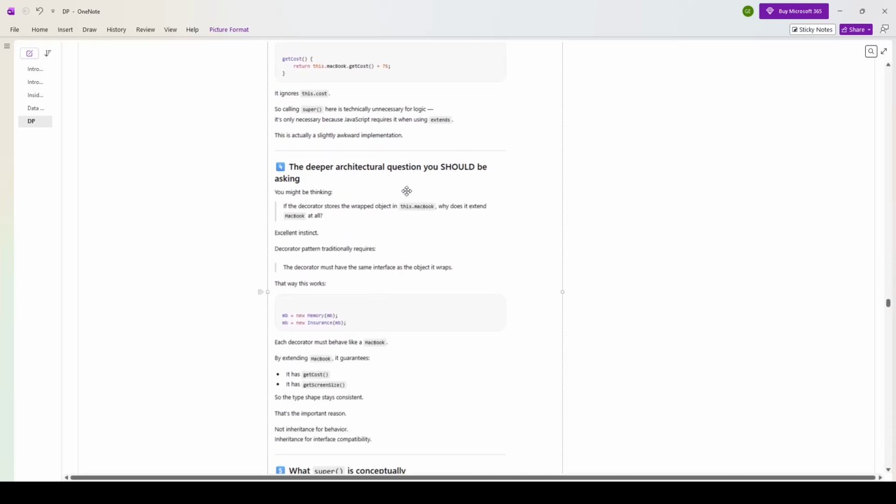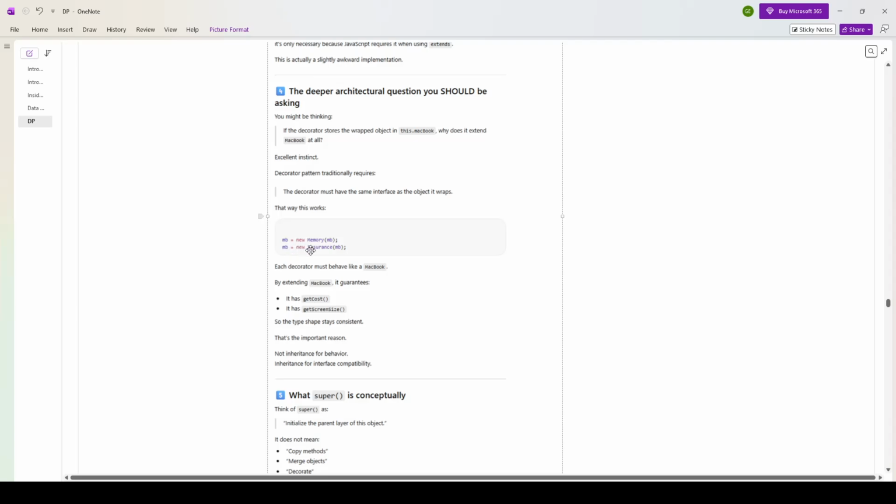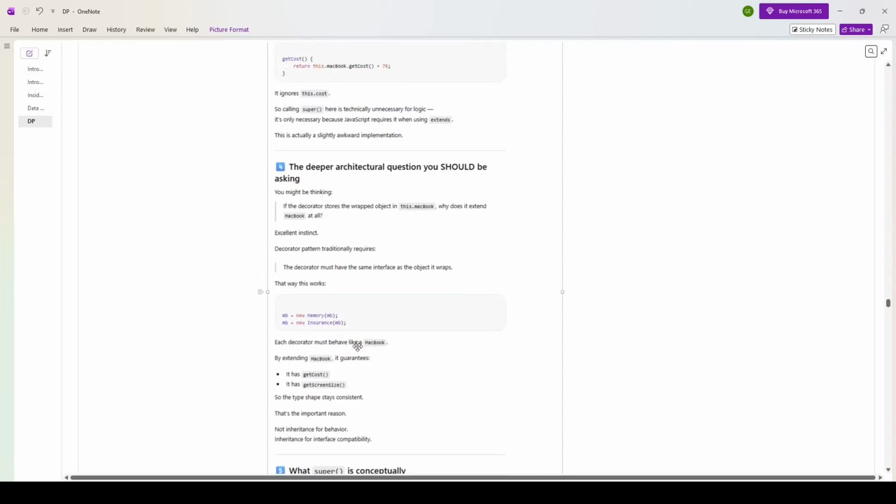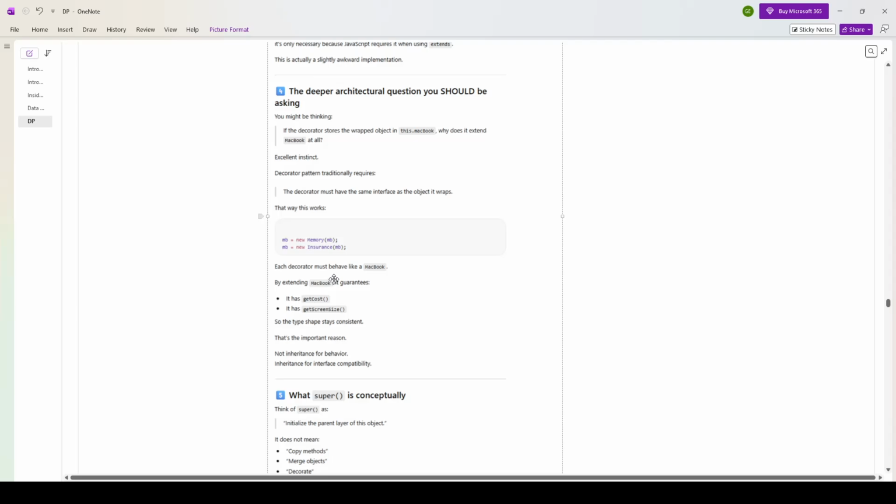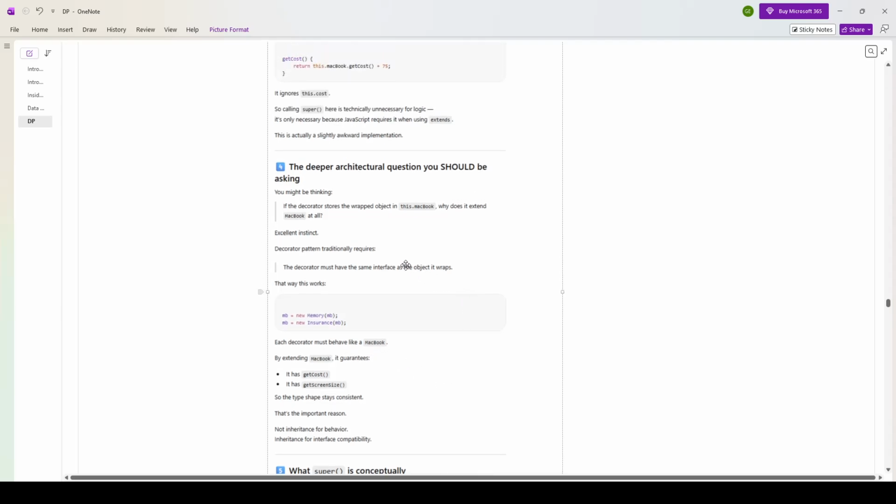Fourth, the deeper architectural question you should be asking. You might be thinking, if the decorator stores the wrapped object in this.macbook, why does it extend MacBook at all? Excellent instinct. The decorator pattern traditionally requires that the decorator has the same interface as the object it wraps. That way, this works: MB = new Memory(MB); and then MB = new Insurance(MB);